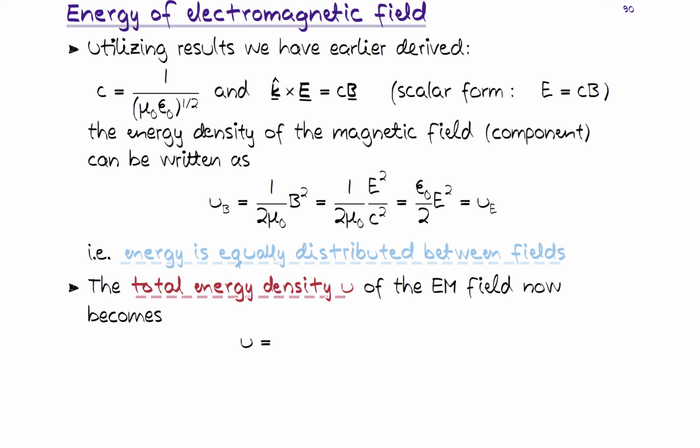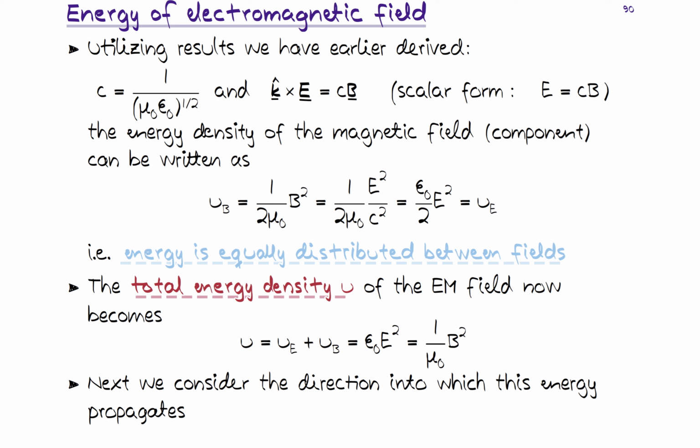So the total energy density U is U_E plus U_B, and this is equal to basically epsilon naught times the field amplitude of the electric field squared. Or if we want to describe it using the B field, we would have this relation. And now what we want to do next is understand how this energy